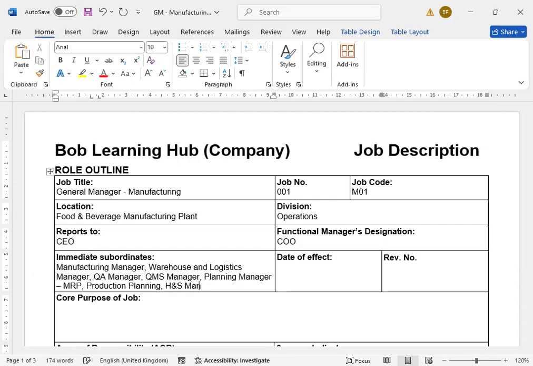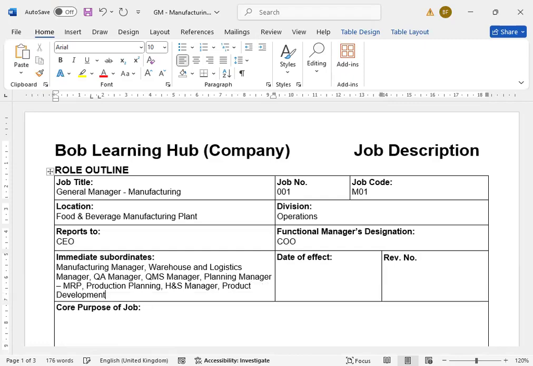So the health and safety manager will also be reporting to the general manager manufacturing, and the product development manager will be reporting also. Some are not reporting to the manufacturing; some are reporting directly to the manufacturing. So depending on the organization that was developed by the CEO, okay? So it could be a product development manager. And another role,